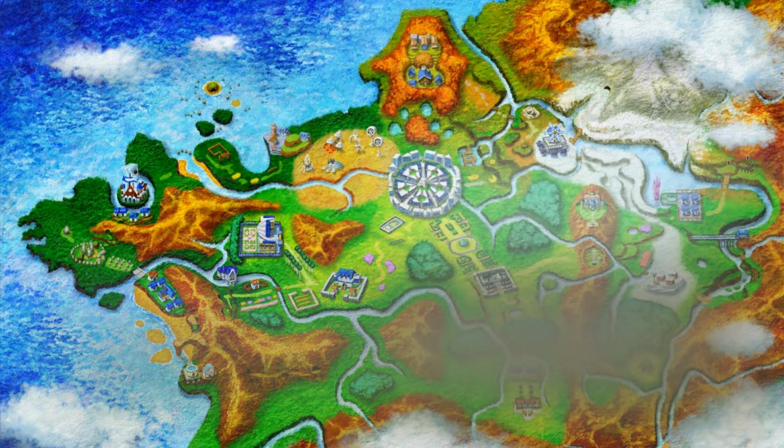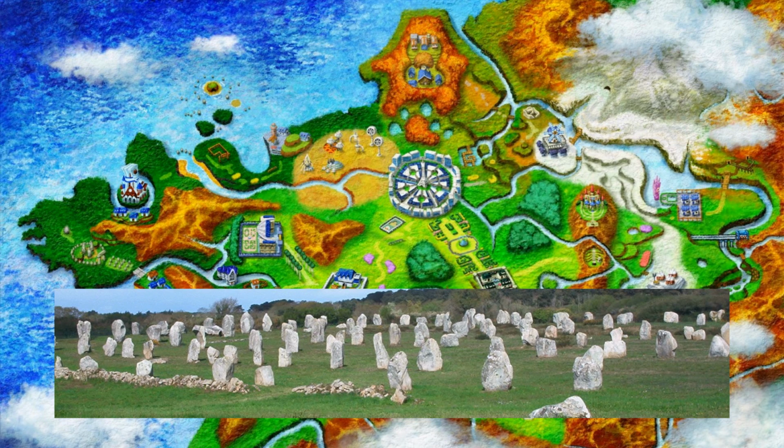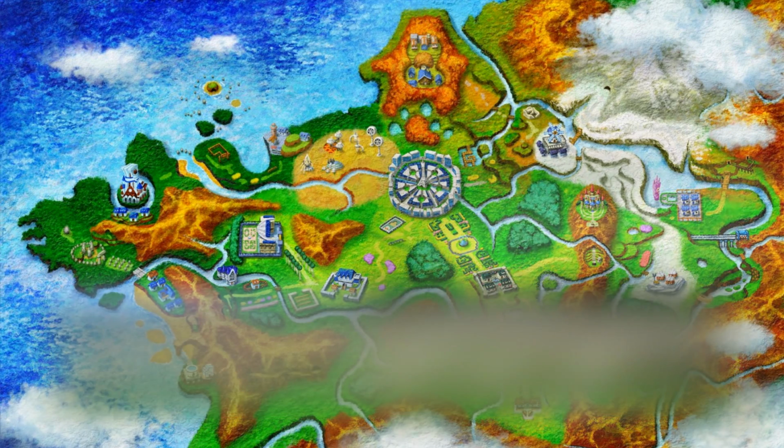There are more than 3,000 standing stones around this area, so obviously we can see that kind of on the route leading up to this town. I wouldn't know what they were in the game, or whether they're just designed like that. Or maybe it actually might be part of the plot, who knows. And then the Locmariaquer